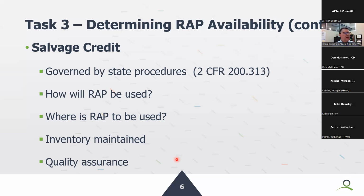So, and there has to be quality assurance. One of the things Jennifer identified, if the material becomes contaminated, I'm not sure that the FHWA would participate in cleaning that up. There's a certain amount of stewardship that goes along with maintaining that material in a quality form that can be